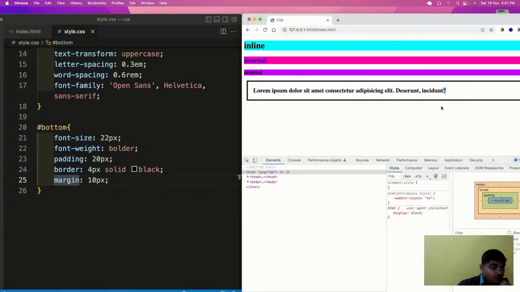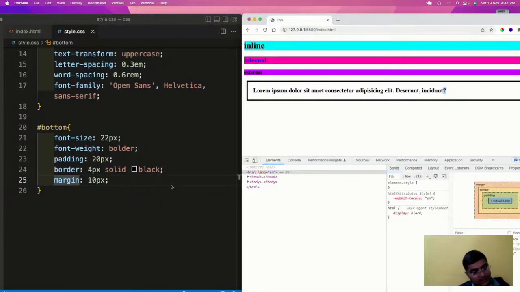Now there are four items inside a box model. Padding means padding will always be there on the inner side, and margin will be there on the outer side. So this is being asked, where is padding and margin used?